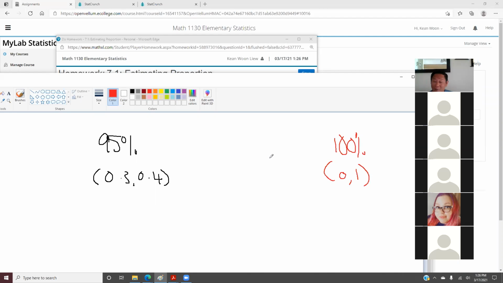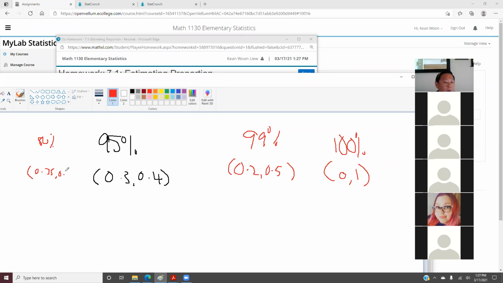So if I want 100% confidence, I don't need to calculate. If I want 99%, this will be wider, maybe 0.2 to 0.5. If you want 95%, 0.3 to 0.4. If you want 80%, this is getting smaller,